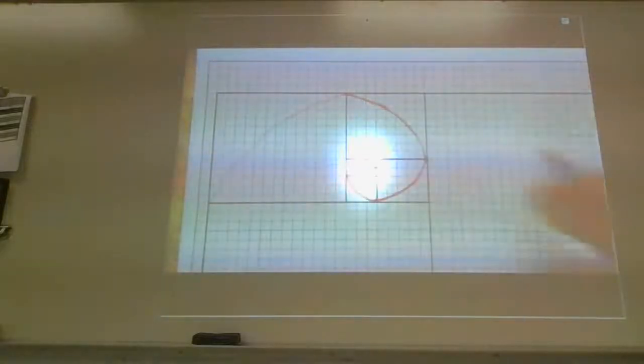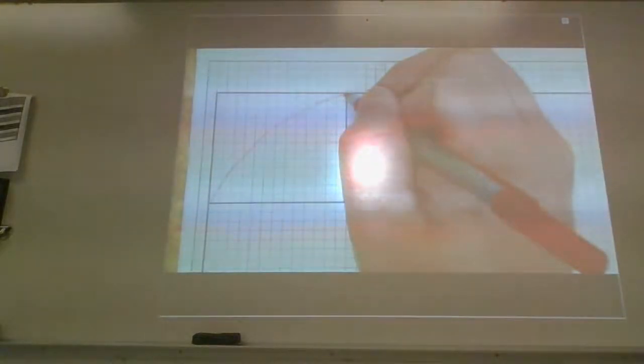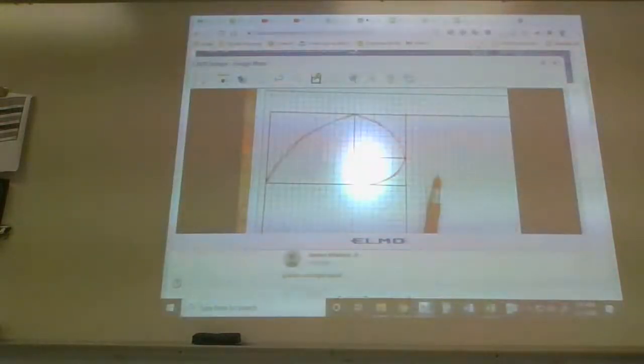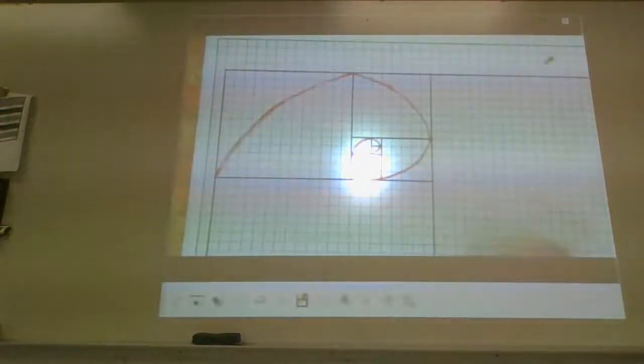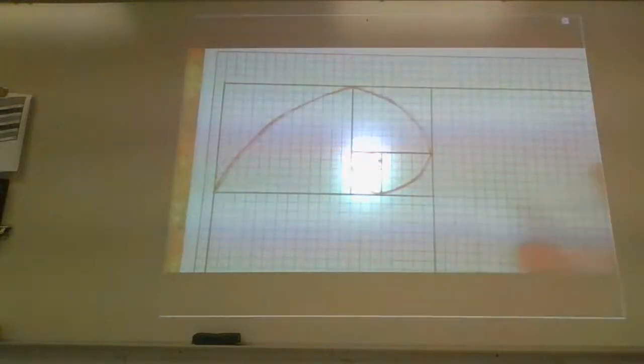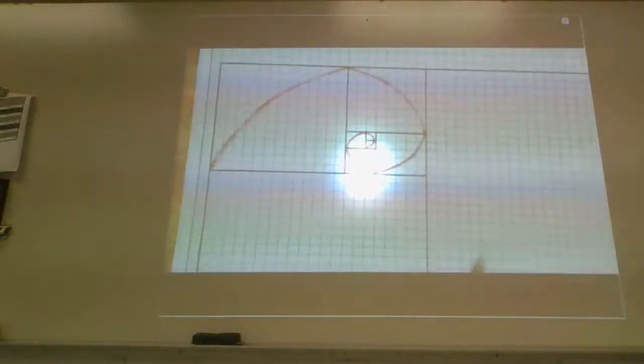I'm just going to kind of freehand that one. Didn't even really think about where that one was going. I probably should have curved that a tiny bit more. That's okay. Let's kind of eyeball it there. But this curve is supposed to be just one continuous smooth curve that looks like it is expanding every time. Oops, froze like my heart. That looks like it is expanding every time you get to a larger rectangle, and that is absolutely the case.